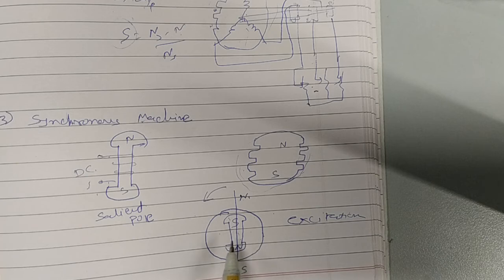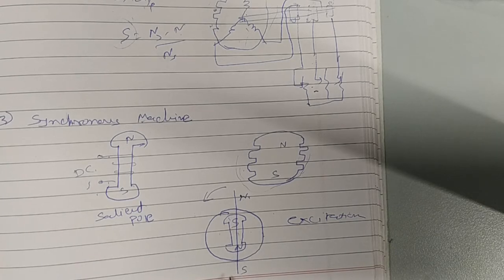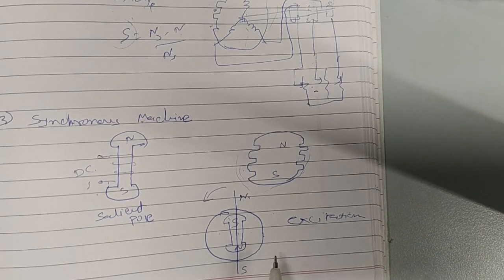The same machine can also operate in generator mode, and we call it a synchronous generator or alternator. So how will this alternator work? The construction of a synchronous motor and a synchronous generator is the same. There is not much difference. The same synchronous machine can be operated as a motor or as a generator. However, the major difference is in the direction of the power flow.